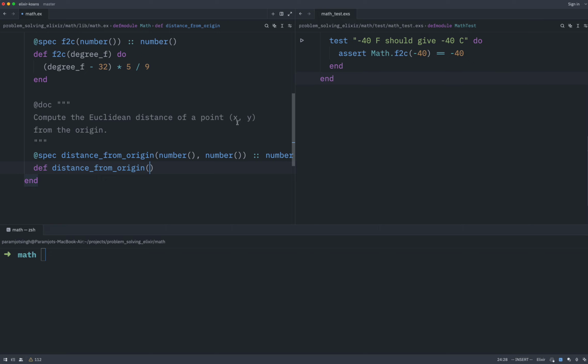So we want to bring that domain information in our function definition as well to make it clear that it is point x, y that we are looking at. So let's call these parameters x and y, start the do block, and then output a value of the same type as the signature is indicating, which is a number. So we're going to have 0 there,